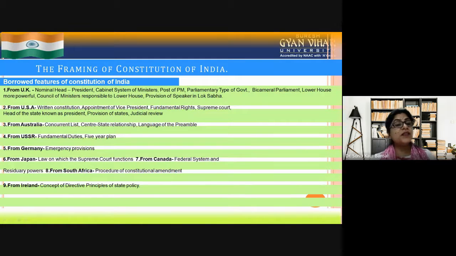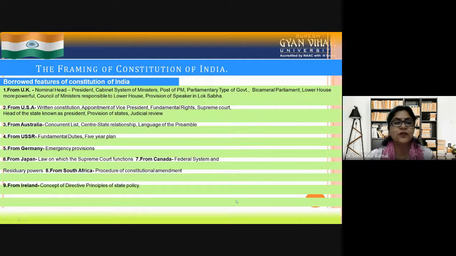And then G.V. Mavlankar was the first speaker of the Lok Sabha, the lower house of the parliament after India turned into a republic. So this is how our beautiful constitution was made, students, during the due course of time. Now, let's understand the framing of the Constitution of India as it borrowed many good features from other countries also. And the committee members had done brilliant work to adopt many things from other countries as well. So what they are, we are going to understand in a very proper way.